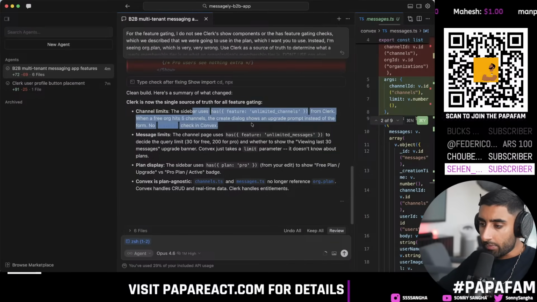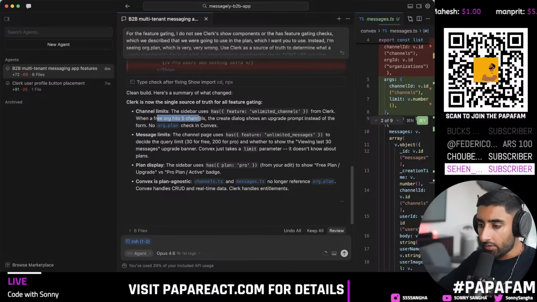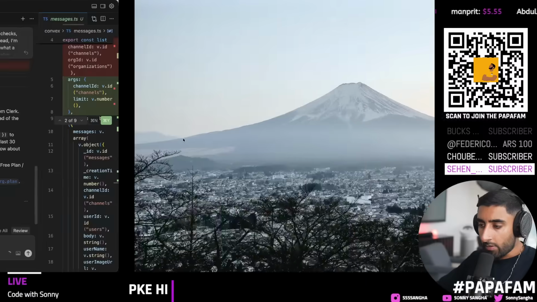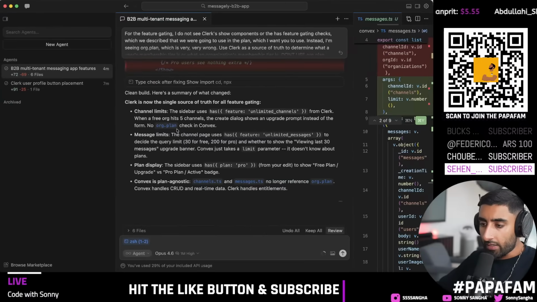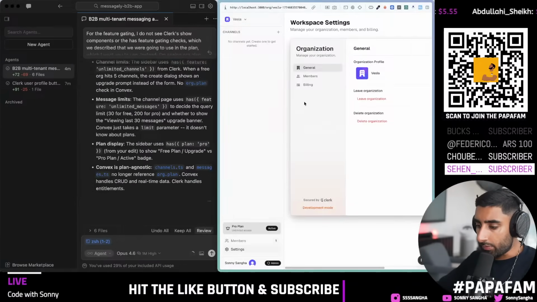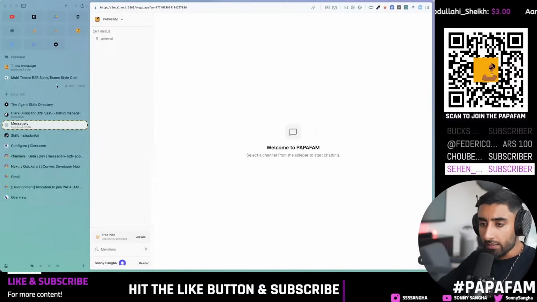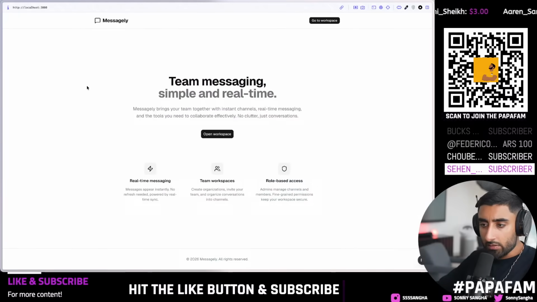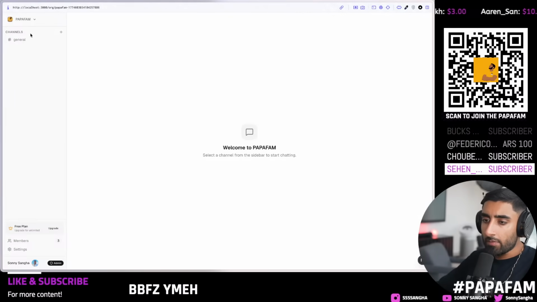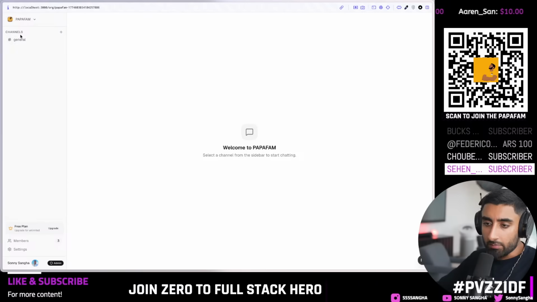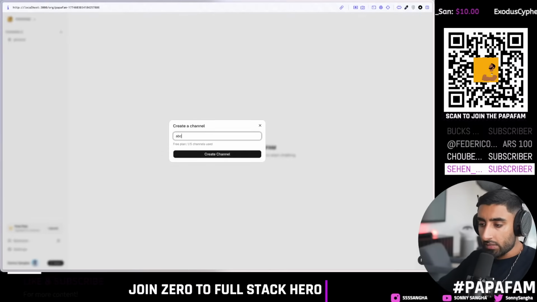Yes. Sidebar users has unlimited channels from Clerk. When a free org hits 5 channels, the dialog shows an upgrade prompt. Amazing. So let's give that a try. So for a free plan, we should see a dialog prompt. So if I go into our plan, and I need to be on the other user. So Messagely, let's go to our workspace. And you see this user is only on the free plan. So we have full separation, right? If we created, for example, ABC, look, 1, 2, 3,